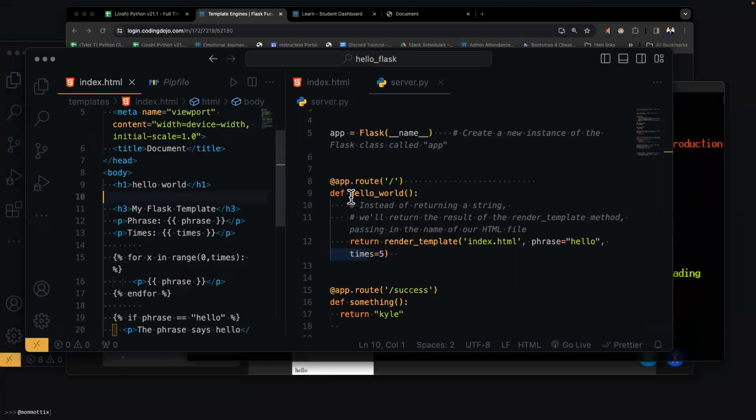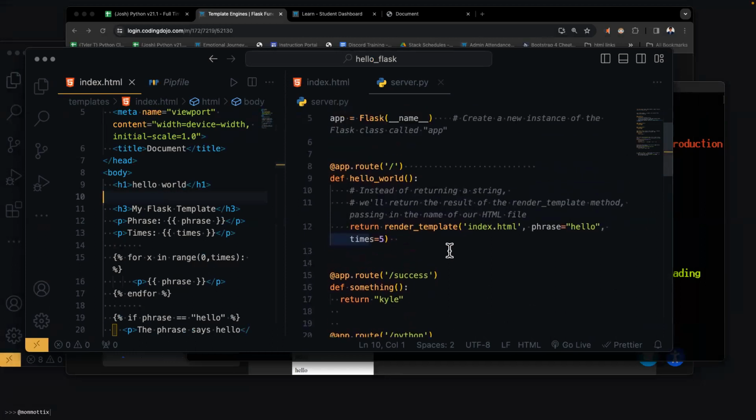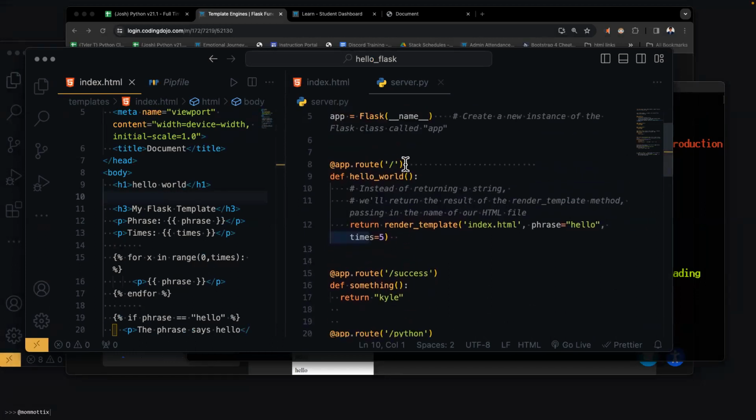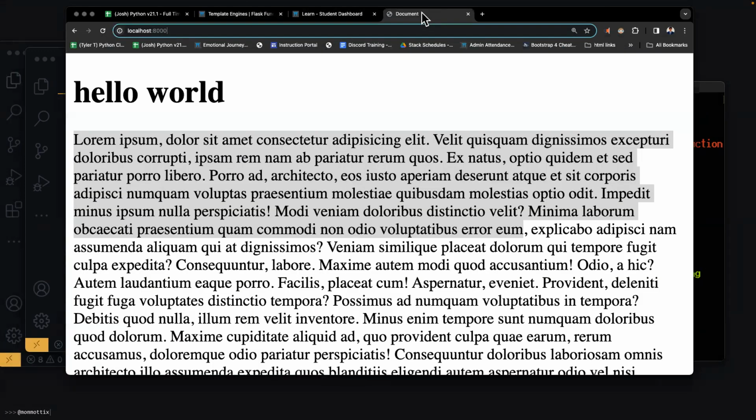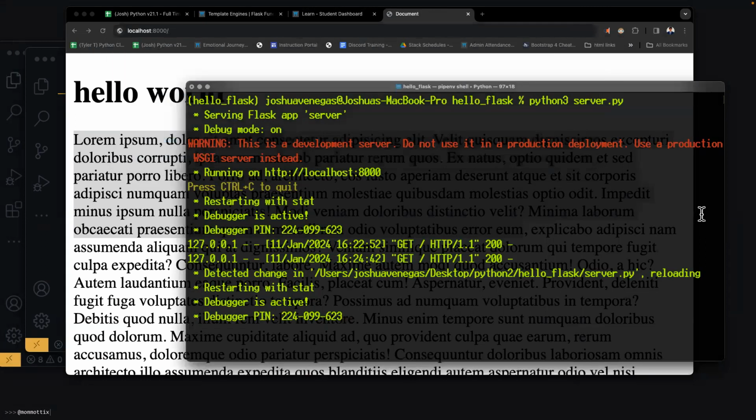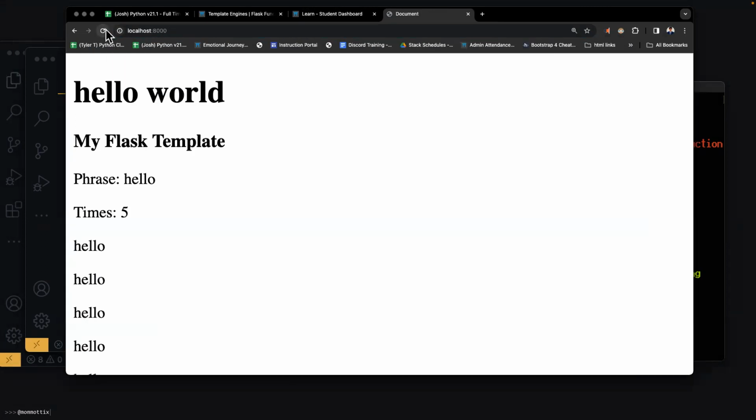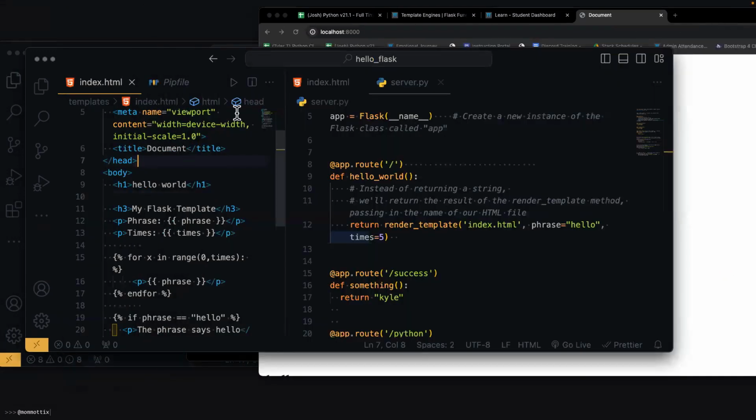And where do we need to go to? We need to go to this one here, this route. So let's go to that route. Is my server running? Yes. So we just need to refresh it. So what we see here is what we expected to see, that H3,